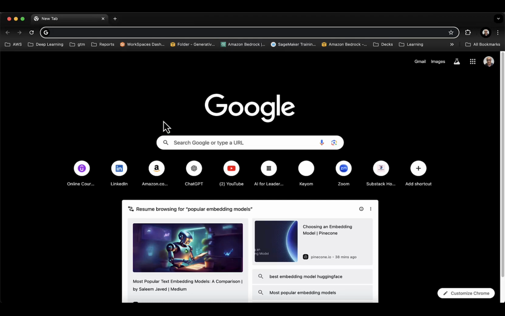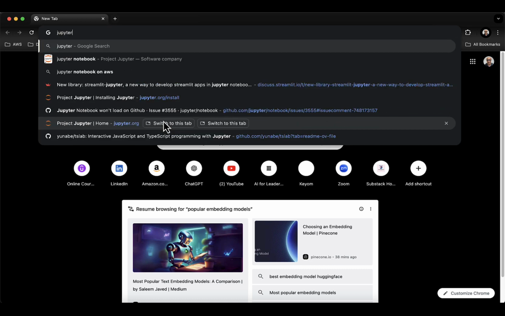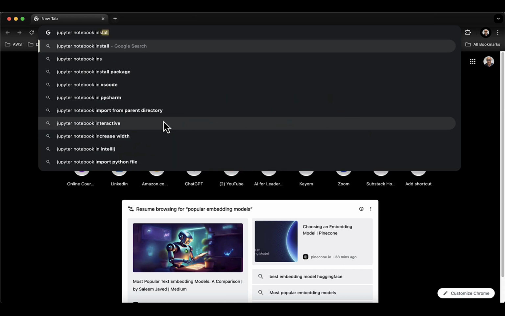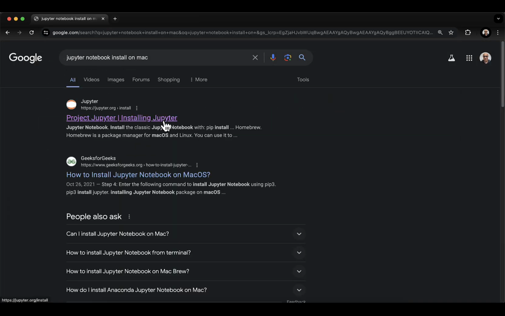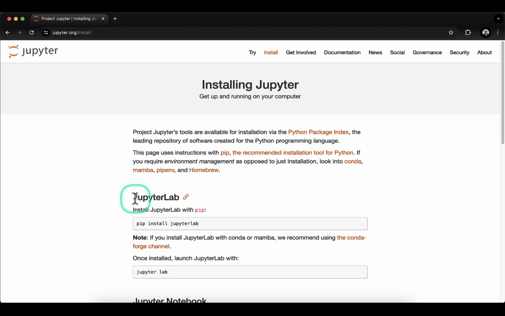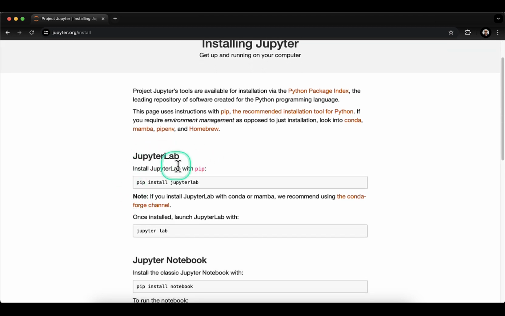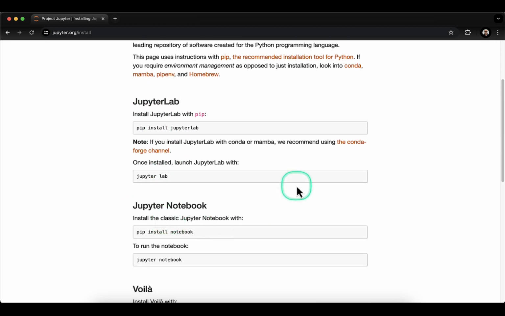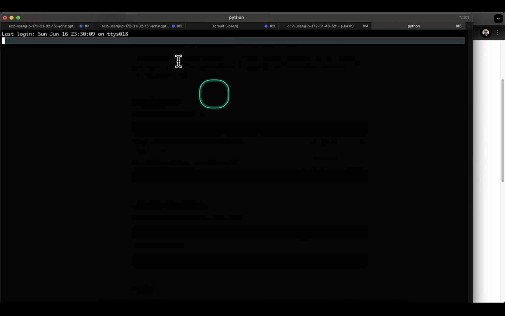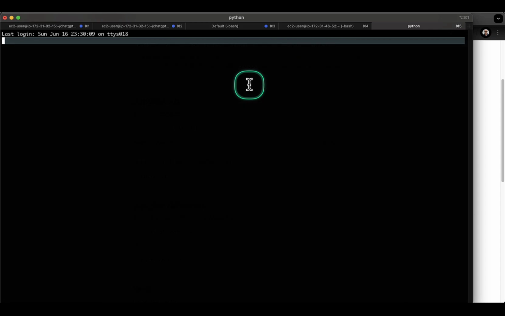Okay, this is going to be a very short and small video. Jupyter Notebook installed on my Mac, and I don't have it, so I'm just searching for Notebook. I can do Jupyter Lab, I can do Jupyter Notebook. I only need Jupyter Notebook, so what I'm gonna do is go back to my terminal again, hopefully,